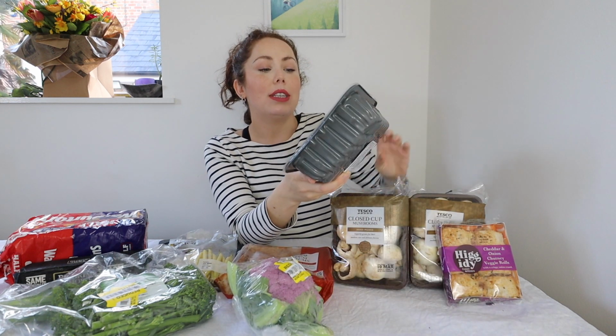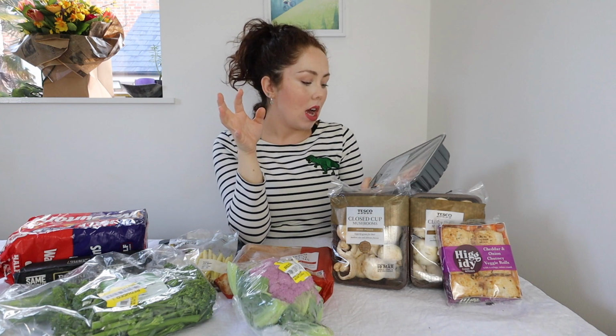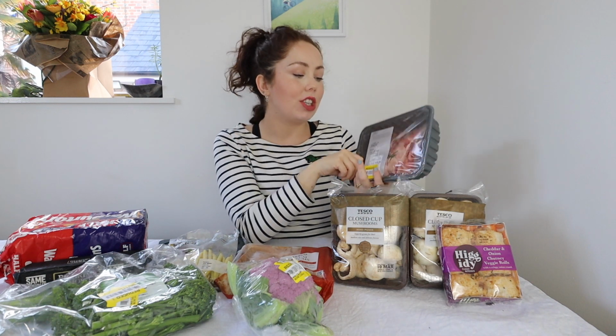Best reduction we got ever, and the lady at the till was very surprised with what we put through, and it was this. This is Tesco Finest British rack of lamb with rosemary. This actually had today's date, so we bought it yesterday and it still had a day in date, which is really good because it gave us a bit of time. Now this was originally